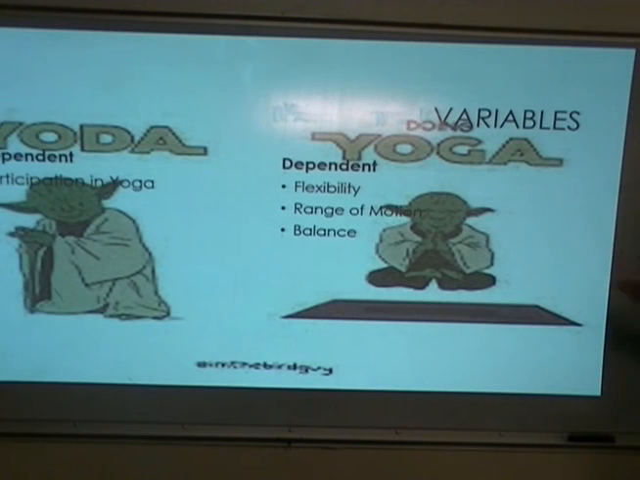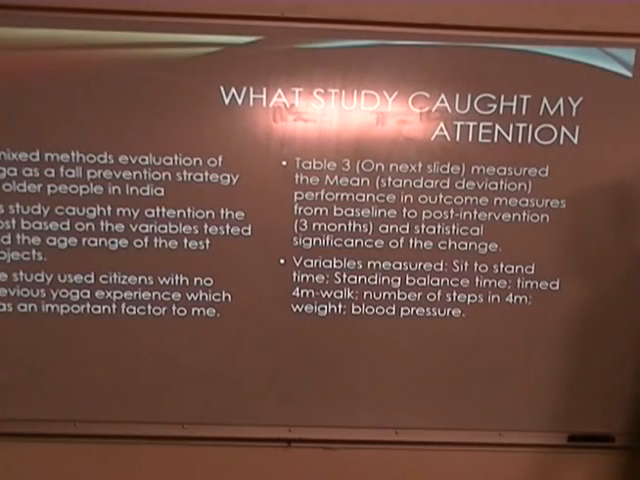So my independent variable is the participation in yoga, and my dependent variables I'm testing are the flexibility, range of motion, and balance, because that's what I'm going to know will help reduce the risk of injury, but help increase those aspects. And I guess if it works for Yoda, however many years old he is, it should work for anybody. So the study that caught my attention the most with this, I tried memorizing, but I can't remember, so